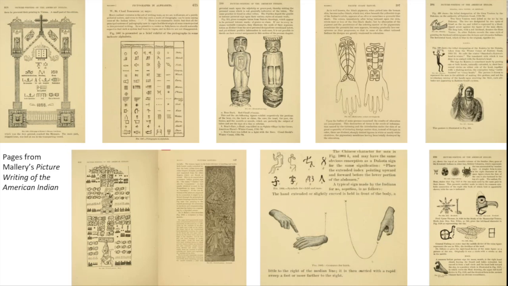Nonetheless, Mallory also followed the paradigm in which the visual was a crucial component in the development of writing, but where writing did have a natural progress towards the less pictographic. Drawing, he said, was the beginning of writing, and writing was a conventionalized drawing. All the known graphic systems originated in picture writing. All have passed through the stage of conventionalism to that commonly called the hieroglyphic, while from the latter, directly after an intermediate stage, sprang the syllabary, which used modifications of the old ideograms and required a comparatively small number of characters. So again, this evolutionary way of understanding things.